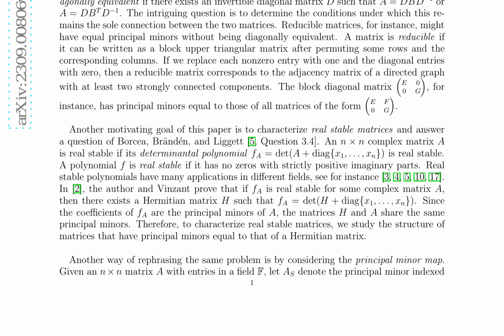Since the coefficients of F_A are the principal minors of A, the matrices H and A share the same principal minors. To fully characterize real stable matrices, the paper studies the structure of matrices that have principal minors equal to those of a Hermitian matrix. This is achieved by examining the principal minor map, which assigns to each n times n matrix the 2^n vector of its principal minors. The paper provides a necessary and sufficient condition for the fiber of the principal minor map